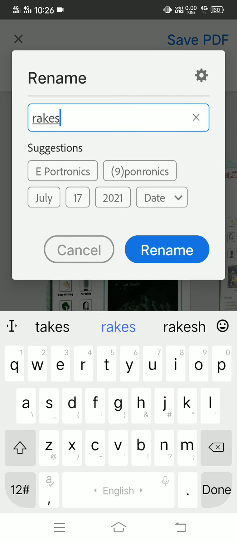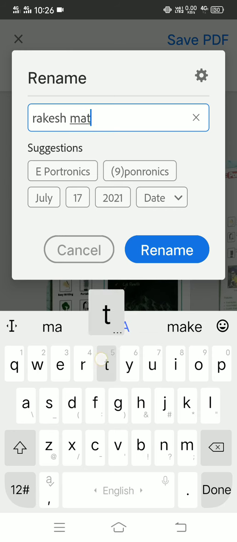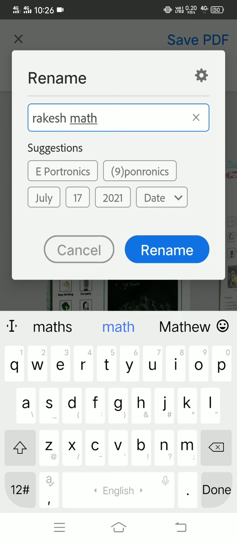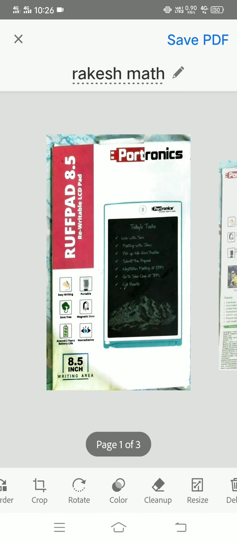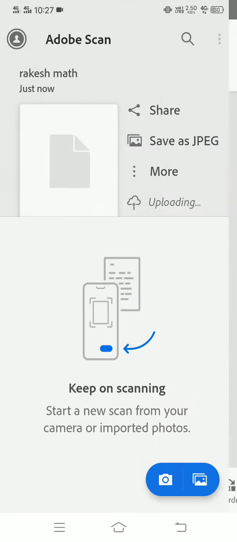Okay, Rakesh. If you want to write the subject or class, you can write. So you can write Rakesh. Subject suppose maths, it is maths. So whatever name you like you can give, then rename. Okay, then save PDF. Click on the save PDF.